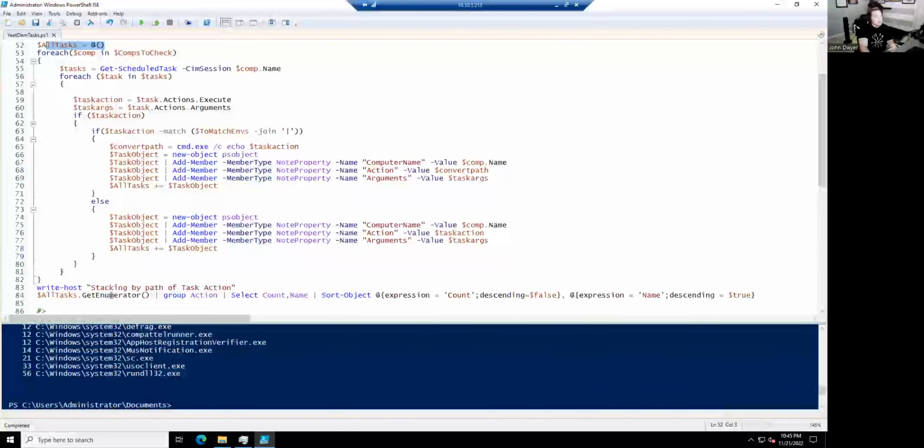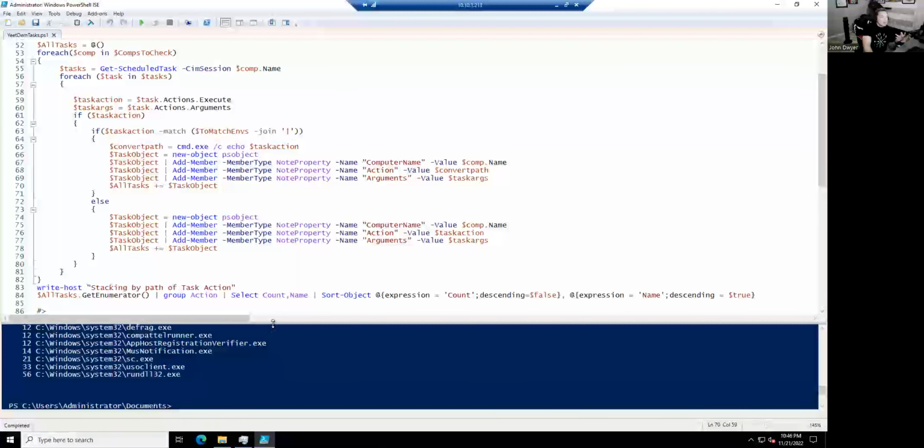And we can use that by using the get enumerator function. And what we're going to say is, give me this object. So this is all the task data. And we're going to group items together by the action or the path, so the path to the binary, and you're going to group all those together, and then we're going to make a count, which is frequency analysis, right? And we're going to sort that in descending order, and then bada bing, bada boom, you look at the results